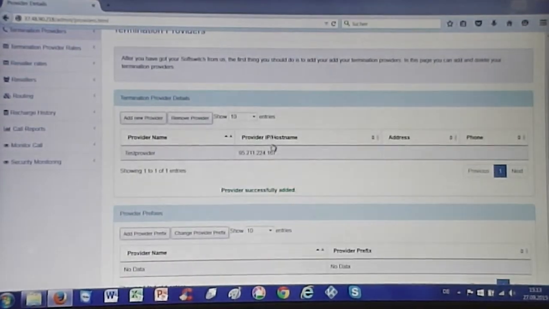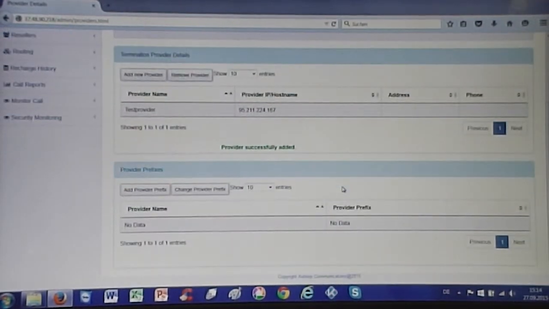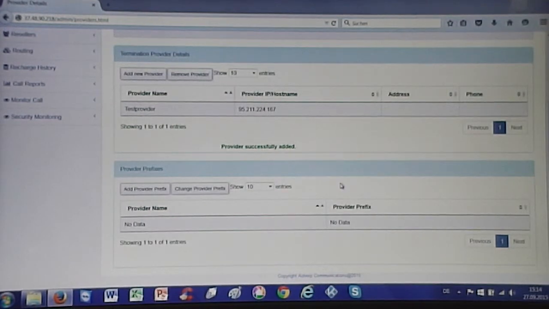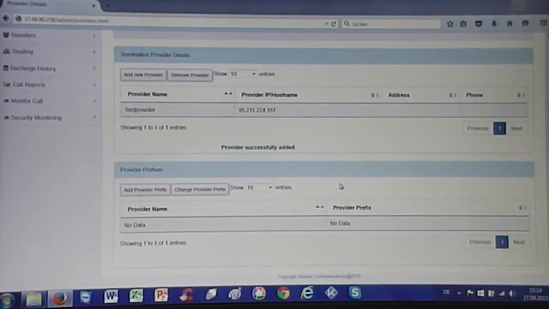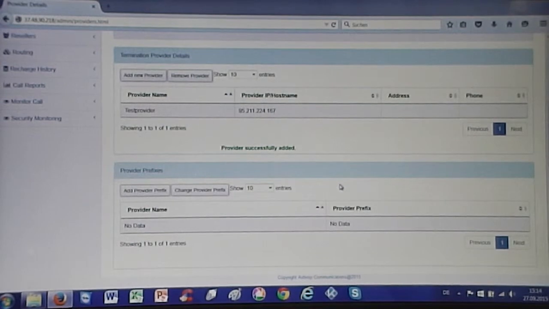the termination provider. It will ask you just for the surety that you have provided all the entries properly, and after you provide the entries properly, click on OK, and the new provider is added. So after you added the new provider, if your provider provides different prefixes,